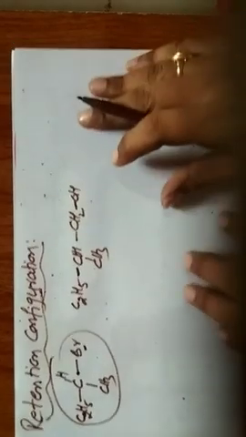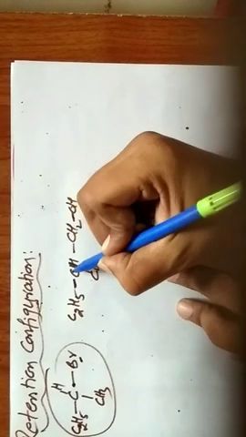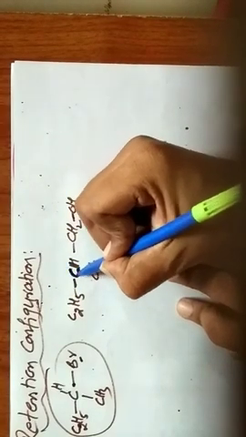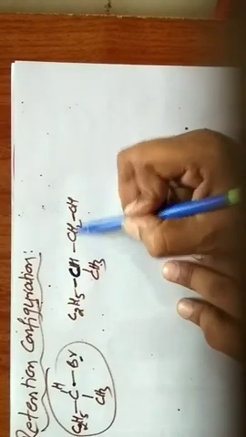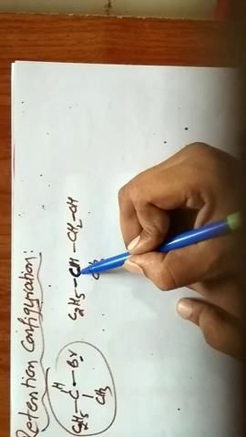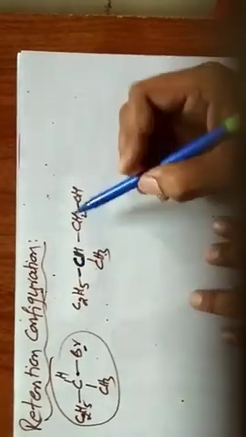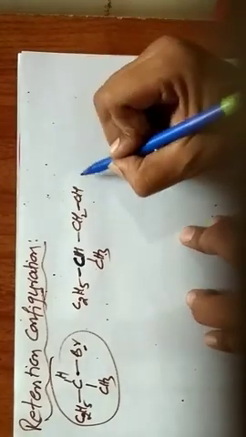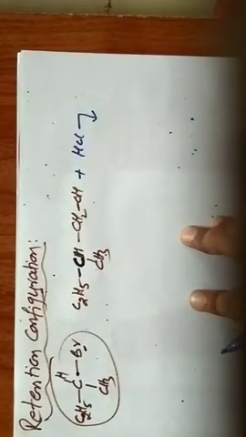So in the case of the alcohol molecule, what is the stereogenic center? Carbon. This is the stereogenic carbon. Yes or no? This group is different, H is different, CH3 is different. This total group is different. This is the stereogenic carbon. In the case of retention configuration, suppose we add HCl.